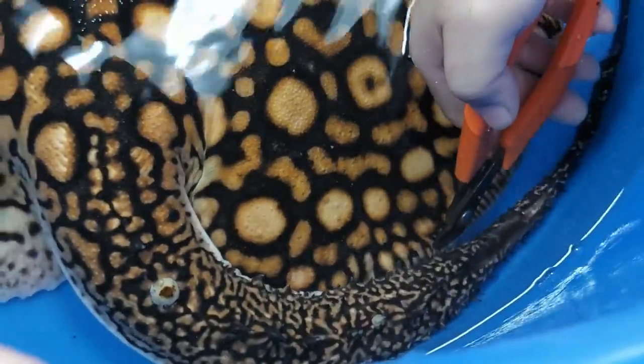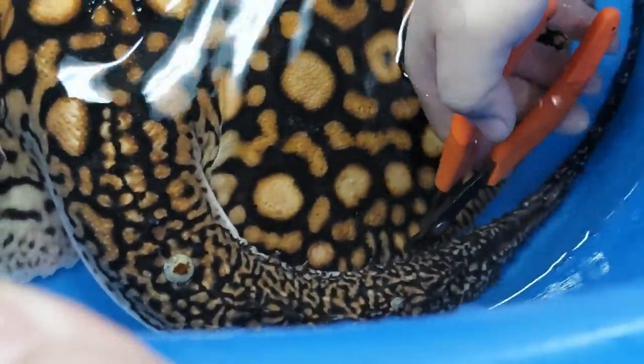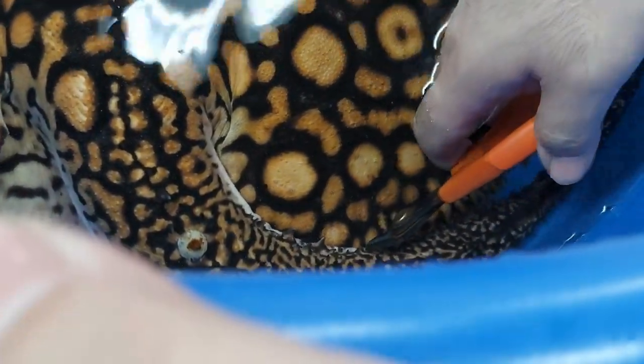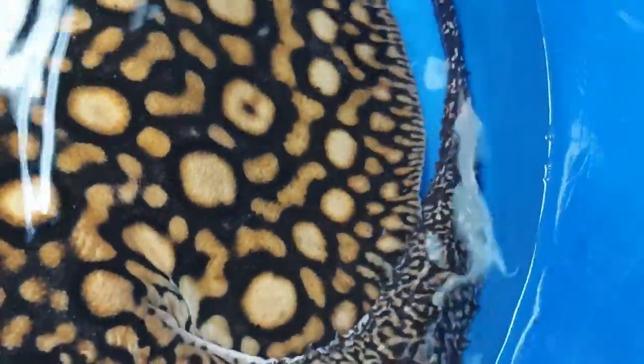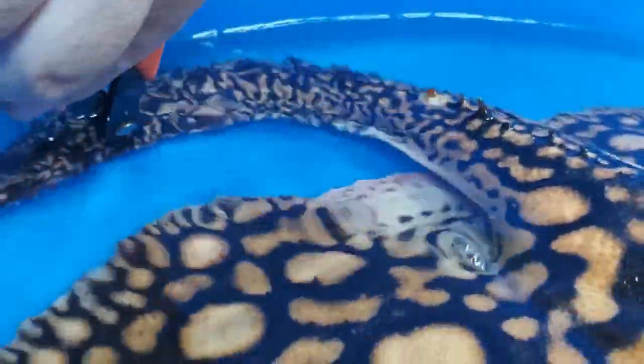And you said this, not all rays have spikes like that, right? Yes, different species. Some have more, some have less. Some have a lot of tiny little ones, some have big ones. Motoro and brown-based rays tend to have it more than black rays. Black rays, you'll see the tail is much smoother on the sides. But brown-based is like this. So, can you,